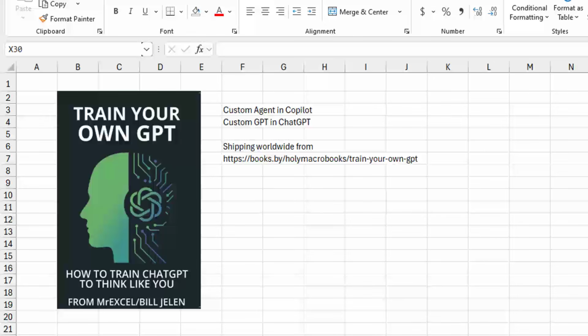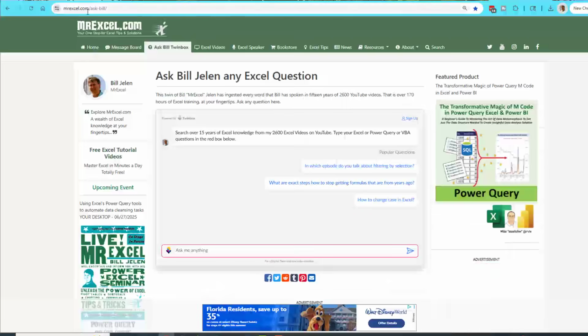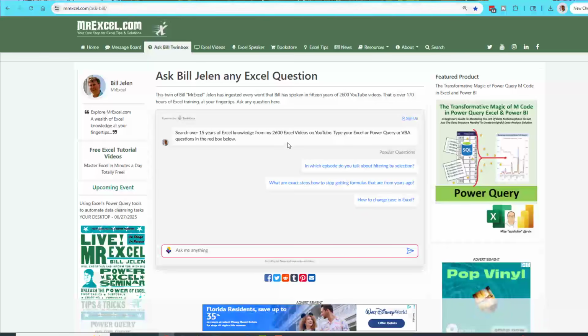Brand new book that just came out, Train Your Own GPT. This covers two things: how to build a custom agent in Copilot and how to build a custom GPT in ChatGPT. Very similar process, almost the exact identical screens that allow you to train these agents to sound and act like you. It's amazing. My goal here is to replace this page that will search the knowledge of all MrExcel